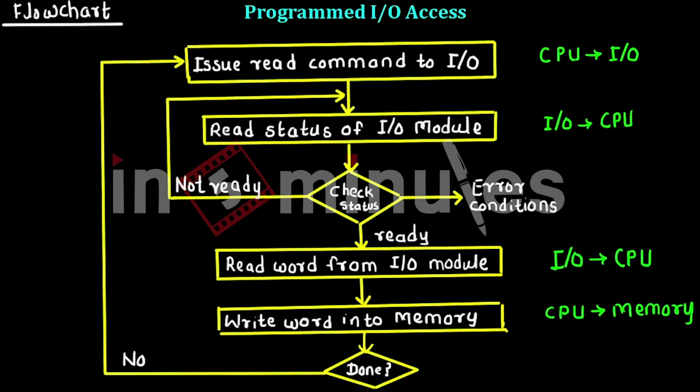So in this way, the programmed I/O access is performed by the processor, and every time, as you can see in the second step, the processor needs to wait till the input-output module is ready. So in this access method, the valuable executing time of the CPU is wasted in waiting for the input-output module. In the next video, we are going to see how the processor can perform different operations while the input-output module is executing its task, and the I/O module is going to notify the processor through a signal called an interrupt. So in the next video, we are going to study interrupt-driven I/O.